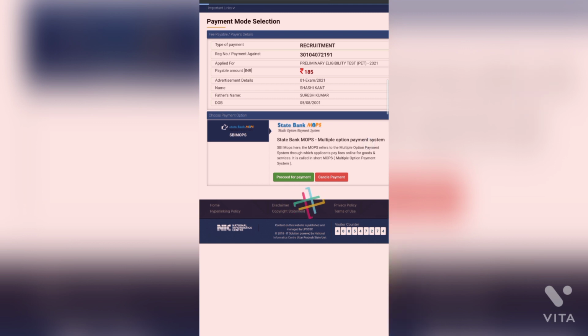You will be directed to this page. Click here to pay the required fee, that is 185 rupees. Please preview your personal details. If you want to change category or domicile, it is now, guys, you can just change it now, because further you will not be able to change your caste category or domicile. You can make further changes like your name or something, but this can't be changed. If you want to change it, then click yes. If you don't want to change, then click no.